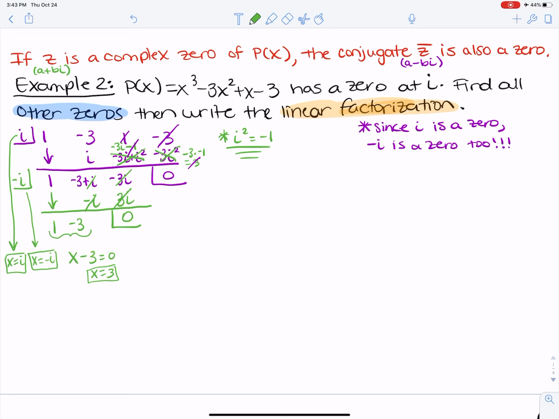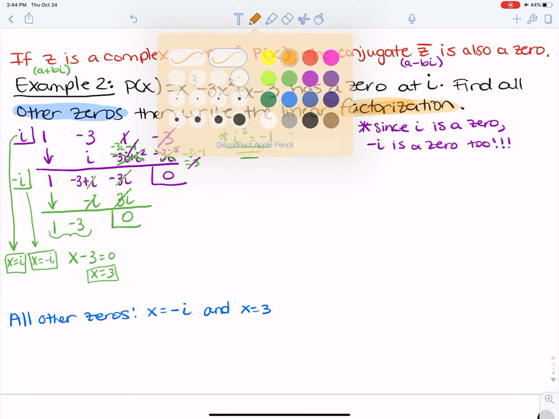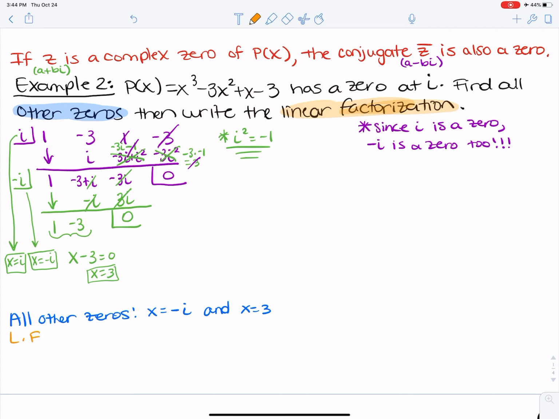Right, so our other zeros are all other zeros are x equals negative i, because it's a conjugate, and let's not put a comma, let's put an and, x equals 3. Now let's write that linear factorization. Okay, we're going to abbreviate that to LF. The linear factorization is